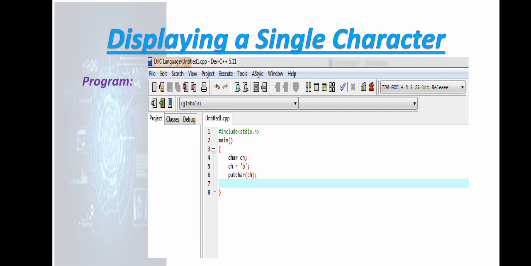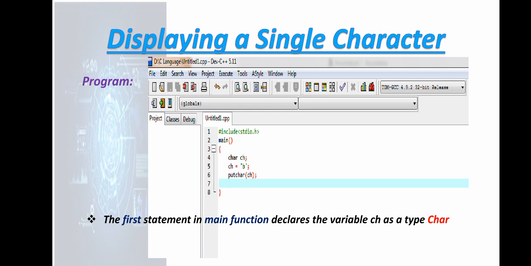in the program. Then main function, then character is represented with ch, and there ch is assigned a value that is b, and then statement terminator is there. So putchar ch. When we write ch, it will automatically have the value b when we execute it. For execution, we will press F11 and it will compile, and it will tell you whether there is an error or whether there is any sort of issue. And if there is no error, it will give you a message that there are 0 errors, and a black screen will appear, and that will show the results.